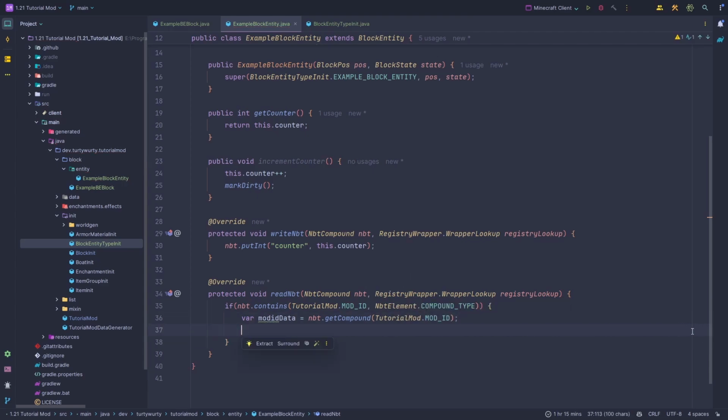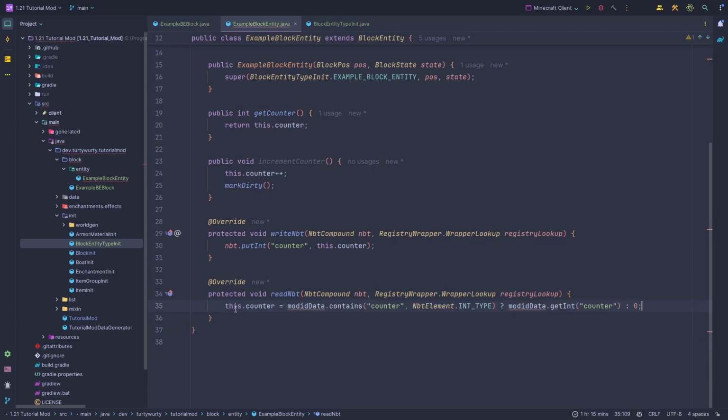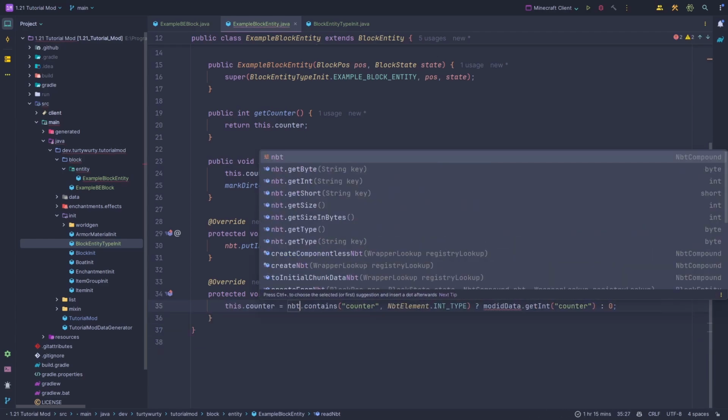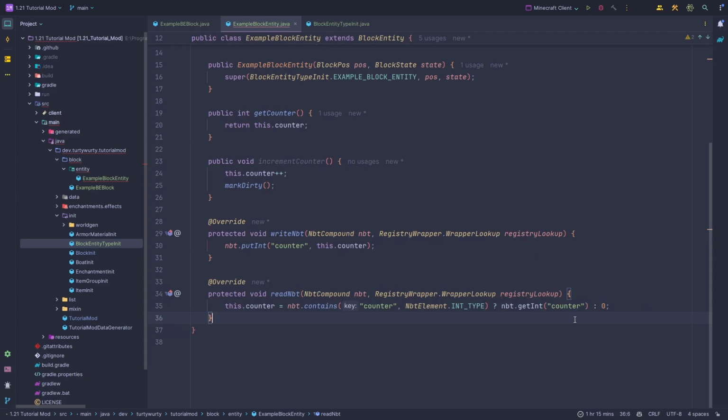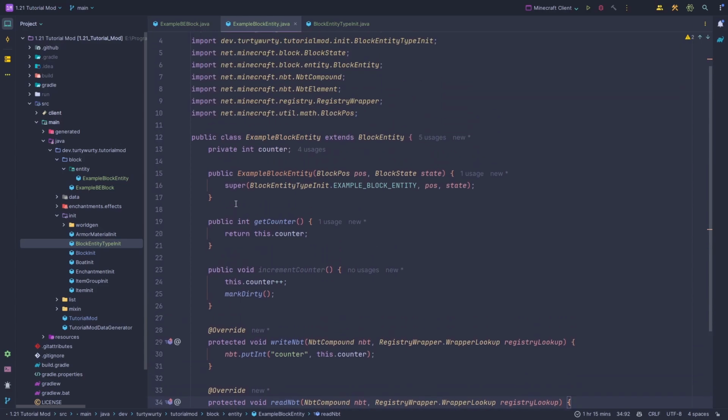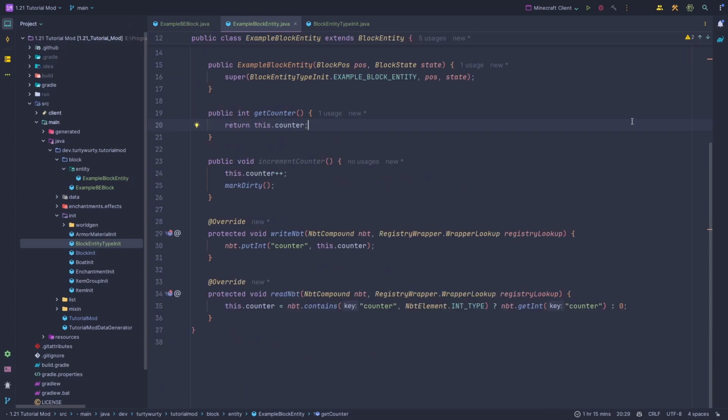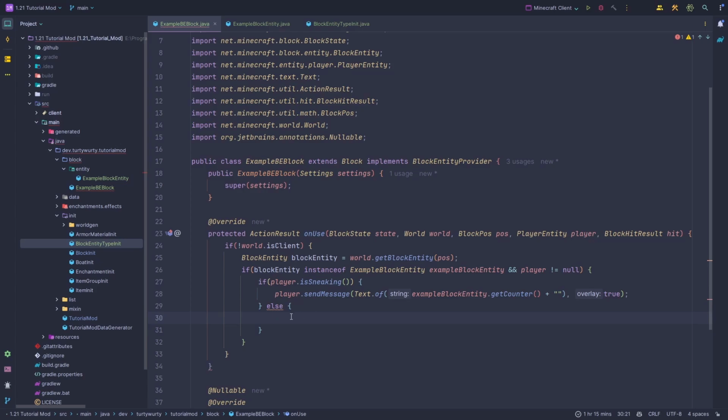And that's actually what we're going to do if we're not saving it like that. So we can actually just use nbt.contains counter, nbt.getInt counter, or 0. Okay, so that's how you go ahead and save that in both different ways, using my way or using the traditional way of saving it. Whichever one you choose to do, it doesn't really matter as long as you're saving and reading in the exact same way. Okay, so now that we have done that, we can go ahead and call our increment counter inside